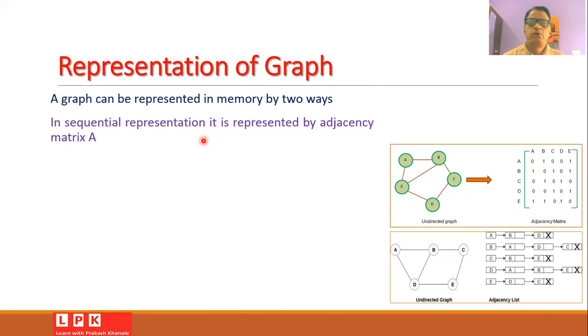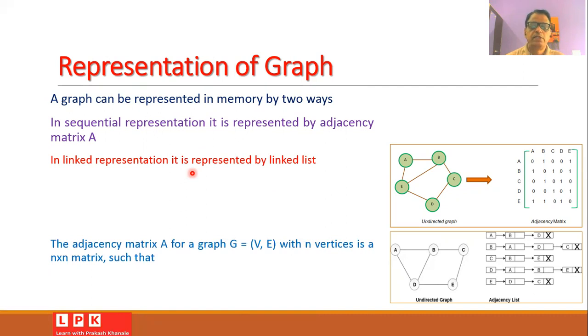Whenever we want to represent the graph by a sequential representation, it is necessary to create an adjacency matrix for the given graph, and then we can represent it in memory. Another way to represent the graph is the linked representation, where we make use of a linked list. That is, here we need to use the adjacency list to represent the graph.